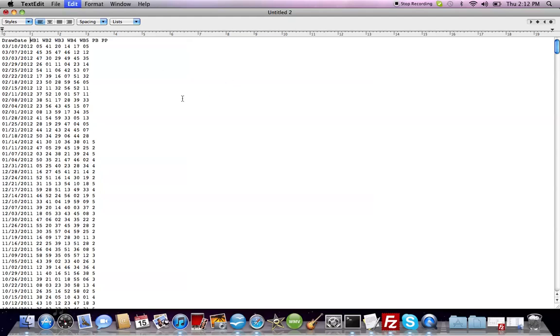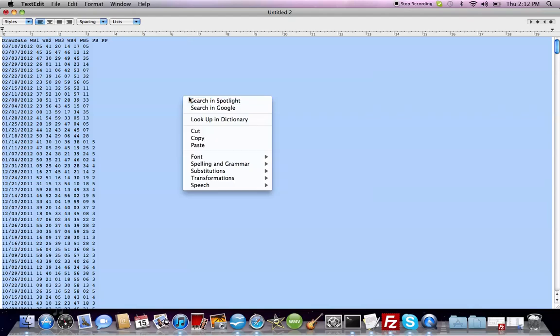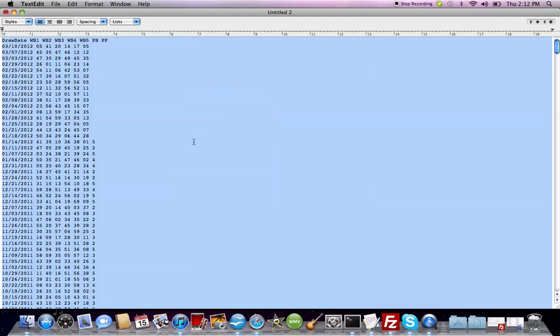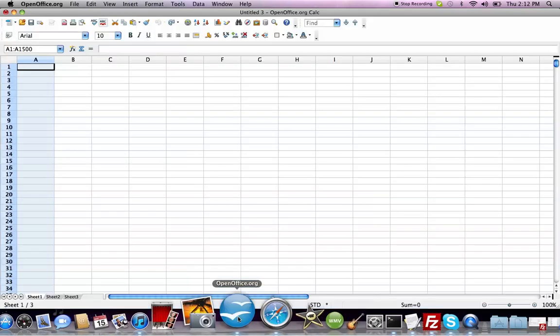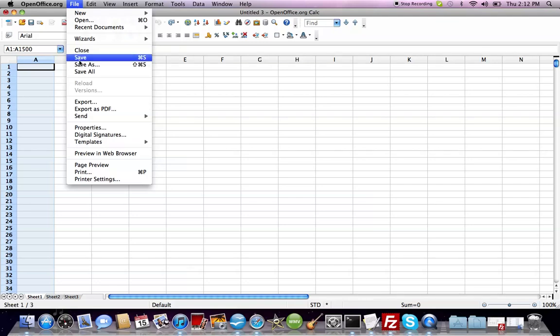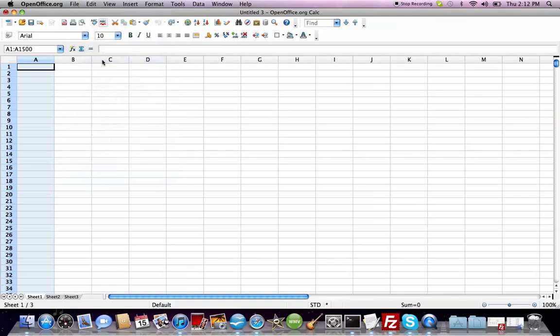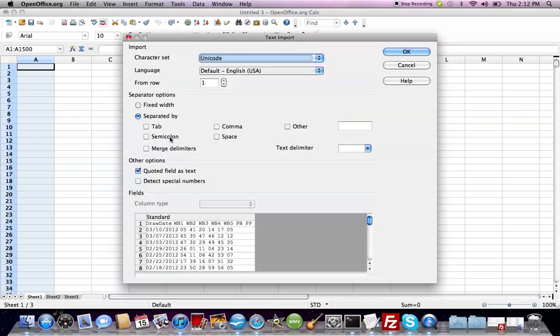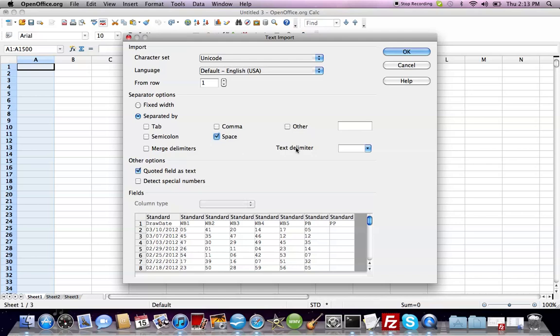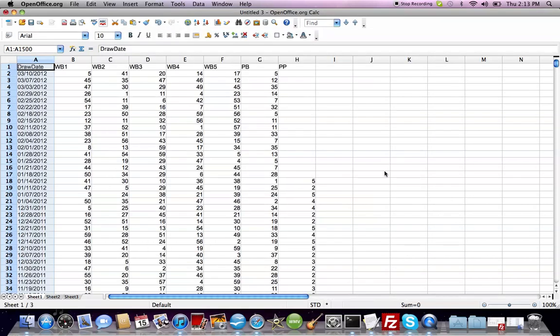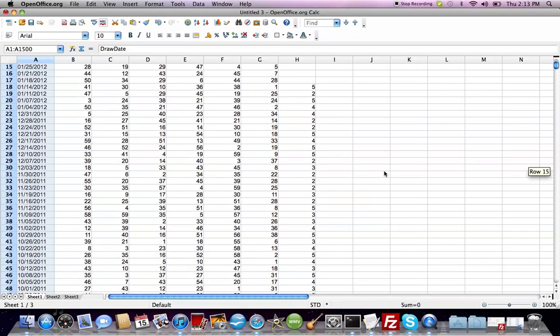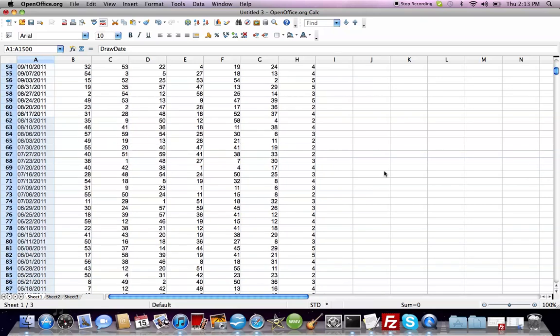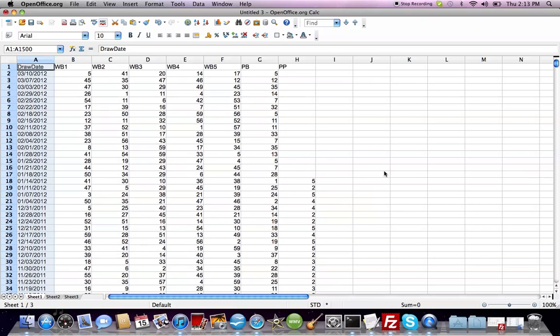Alright, so now we're going to Control A. We're going to copy. And then we are going to paste special, unformatted text, by space, hit OK, and there we have it. We have everything we need in separate cells. And that is step 1 of getting closer to hitting that guaranteed lottery win,